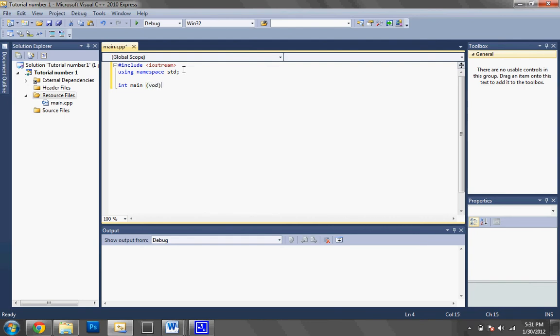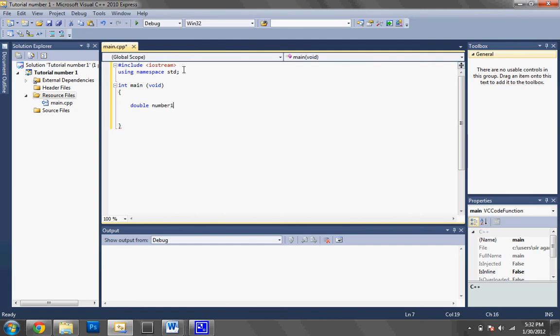Now a C++ program, or at least a console application, is generally created using a series of functions. So basically this function is going to be executed, and depending on the input and output it will give a desired result. So first thing we're going to want to do is declare a variable. So let's use the variable type double. So we're going to type in double number1